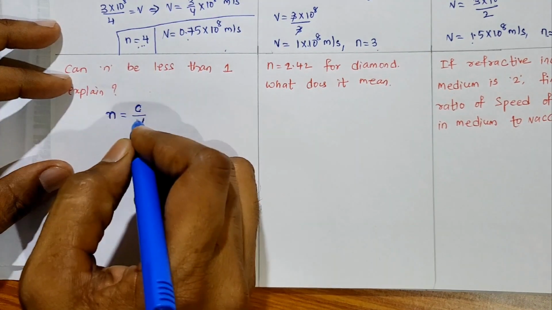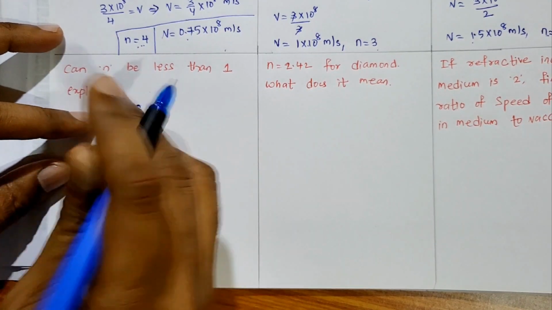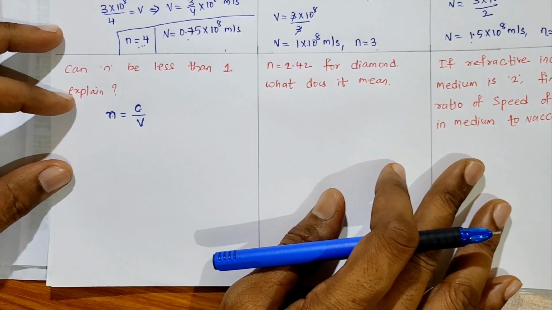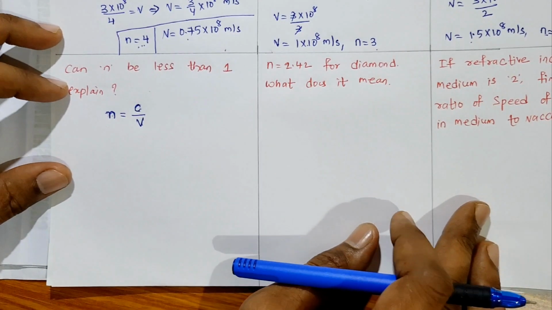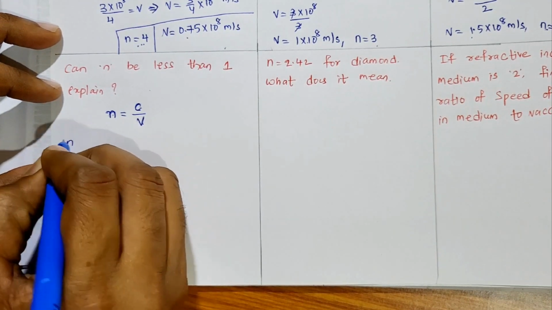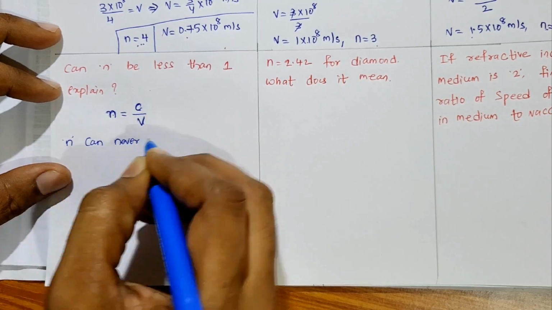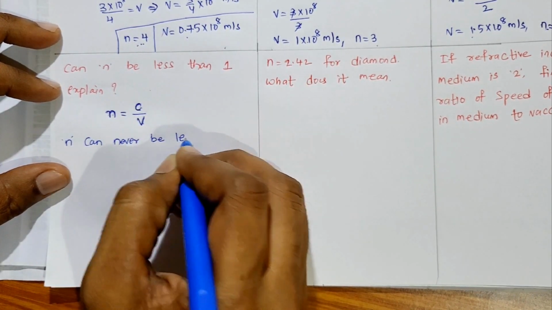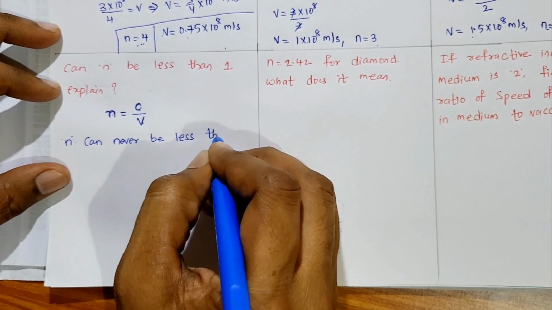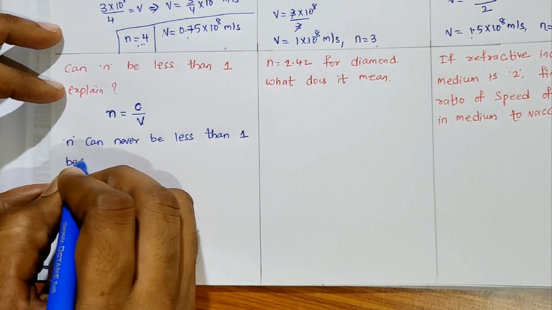So, V can never be greater than C. So, N can never be less than 1. I hope you understood. So, how to explain this one? N can never be less than 1 because